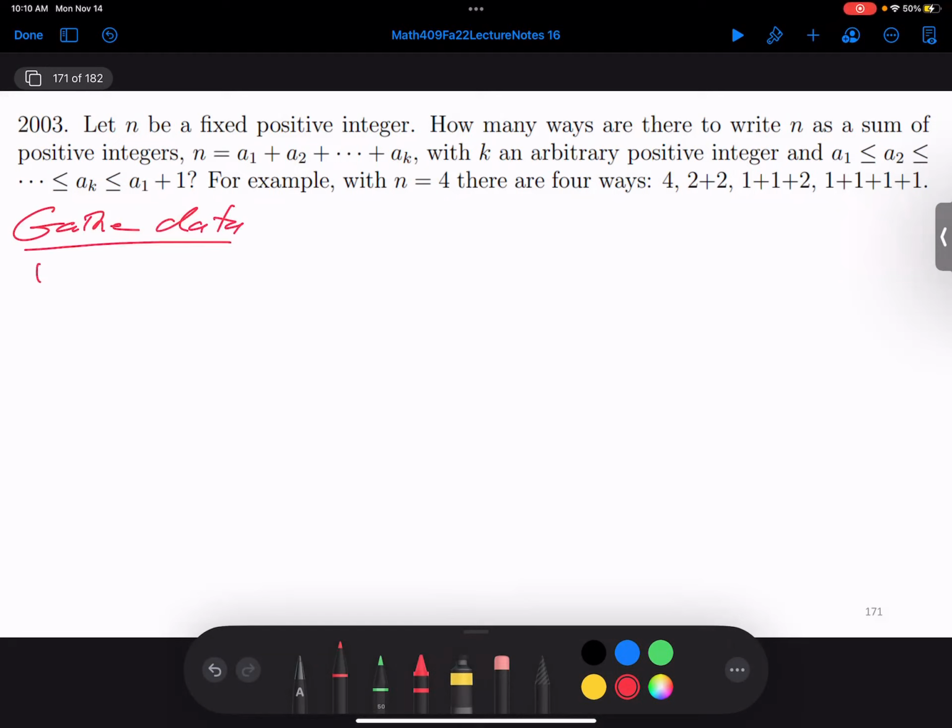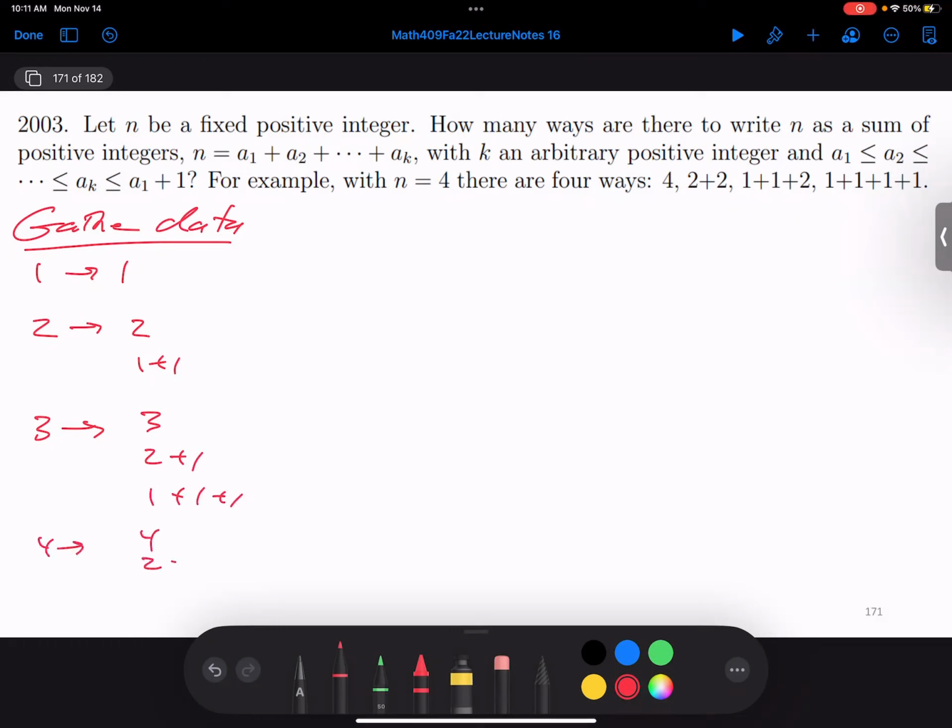If we have 1, the only way to write that is 1. If we have 2, it's 2 or 1 plus 1. If we have 3, it's 3, 2 plus 1, or 1 plus 1 plus 1. If we have 4, it is 4, 2 plus, I'm sorry, 3 plus 1, 2 plus 2. Oh no, we can't do 3 plus 1. Sorry. So if we have 4, it's 4, it's 2 plus 2, 2 plus 1 plus 1, 1 plus 1